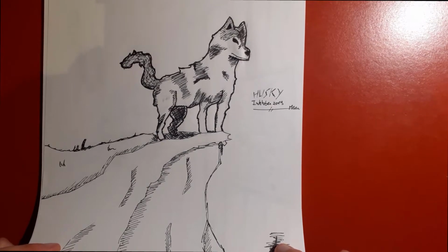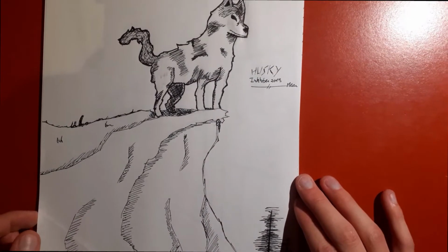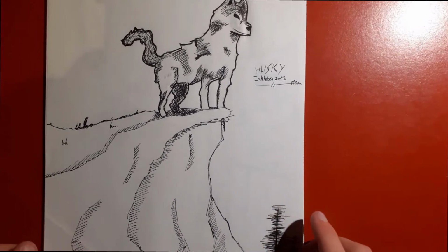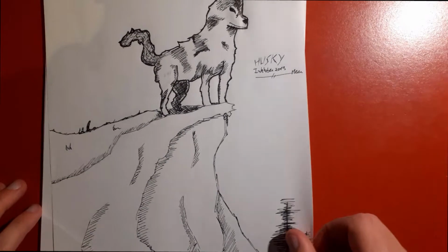I really don't know. This is the first time I do this, and sometimes I like it, sometimes I don't. I do like this drawing, don't get me wrong, but I see a lot of things I can improve on this already. But let's move on to the next one,